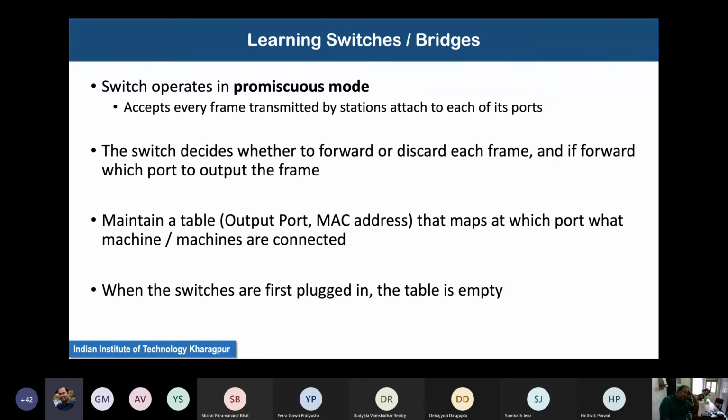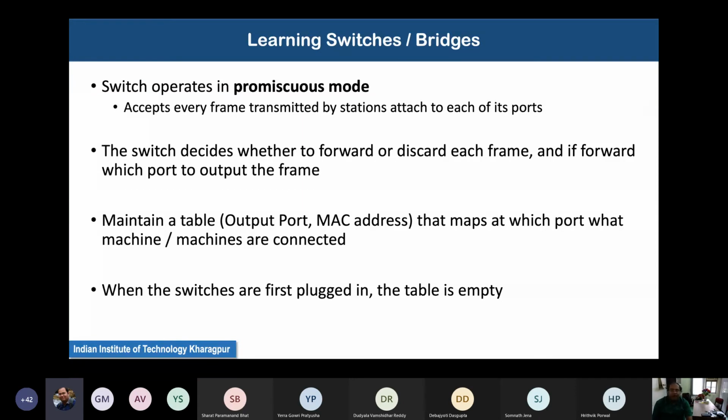If it finds that the frame is not intended for it, then it discards the frame. Accordingly, every switch maintains a table. The table contains the output port and the MAC address, matching which machines are connected at which port. Now, when the switches are first plugged in, this table is empty. Initially, the table doesn't have any data.